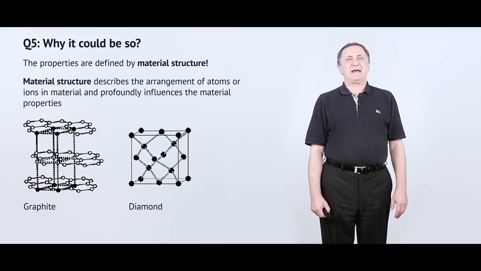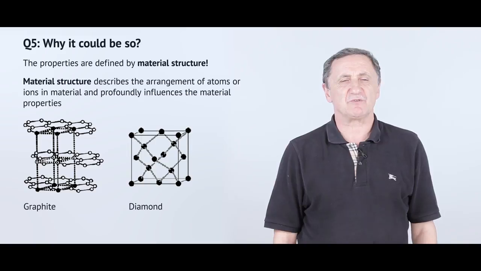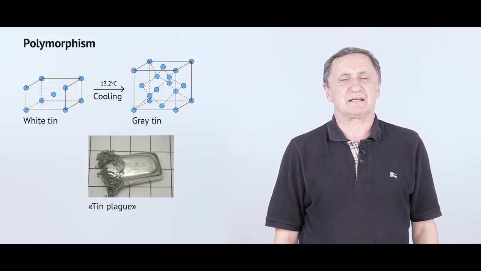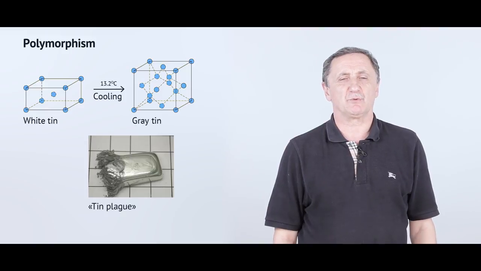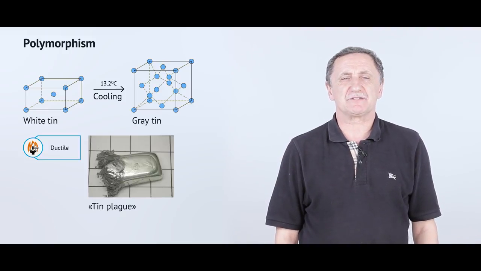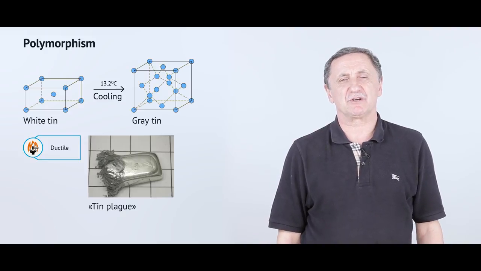It's a very well-known element, and tin at room temperature typically has the tetragonal crystal structure, a pretty dense one, and this material is ductile. It's a metal, a ductile and conductive material, whatever you can expect from metal-type atomic structures. However, it is known that at about 13 degrees Celsius, under cooling,